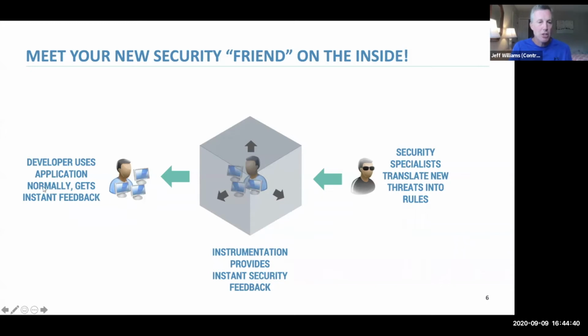So in this picture, you can see the developer is just using the application normally. Maybe inside the application, there's a query that's not protected against SQL injection. Or maybe there's an XML document that gets parsed with doc type processing turned on, which is related to an XXE vulnerability. Maybe on the back end, there's a URL going out that's got user data in it. Anything you want to see, you can tell your friend to look for it, and they can find it and give you feedback on that instantly.